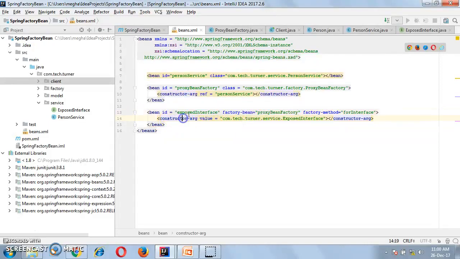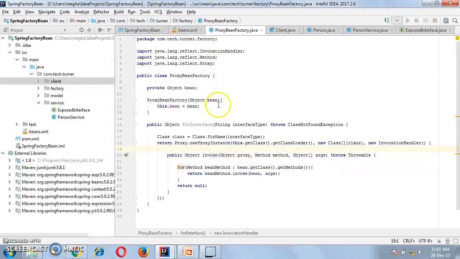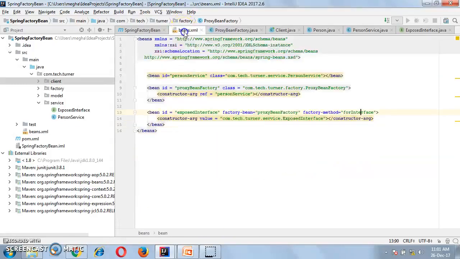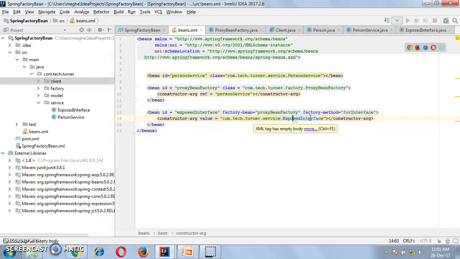Since we cannot create the instance of the exposed interface directly, we have given the responsibility to the proxy bean by giving the attribute factory-bean as the proxy bean, and factory-method is the forInterface method of the proxy bean factory we have defined, and this is the constructor argument. This is the type of interface we have given for which we need to create the object.